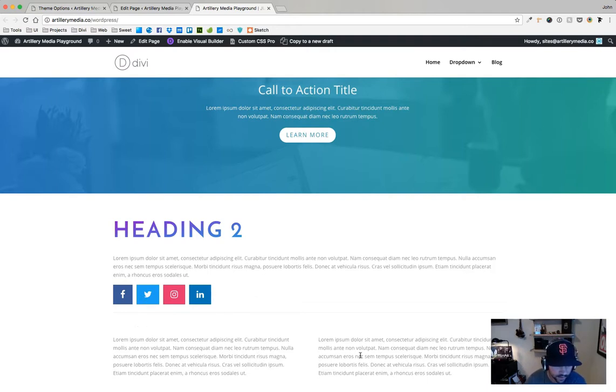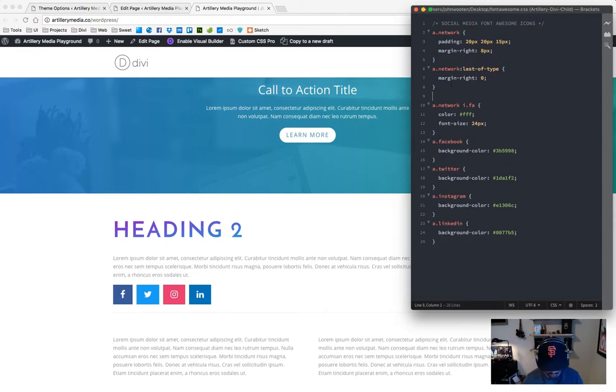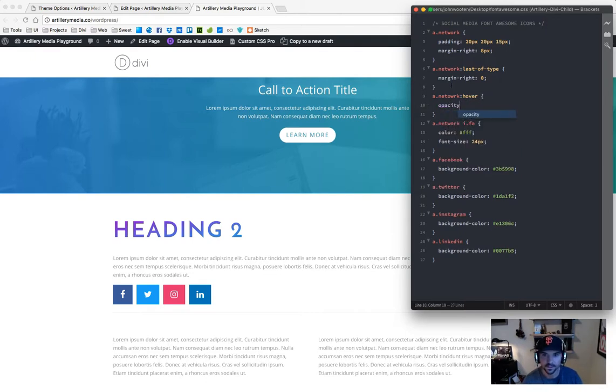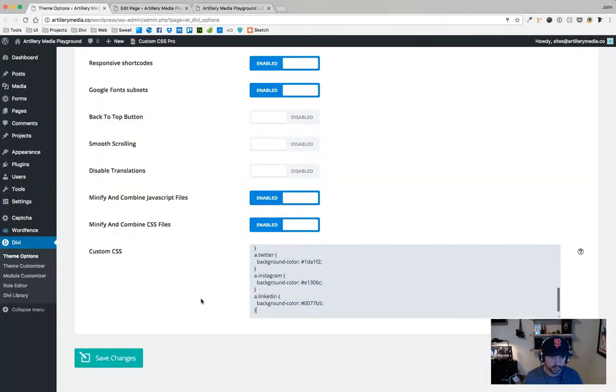Alright, lastly, what we're going to do on this one is add hover states over here. I think it'd be cool to do something funky with it. Because you could just do opacity, so I'll do an easy one first, and then we'll go from there. The easy one would be a.network hover, and then say opacity 0.5. Save that, select all, come over here, put that in there,